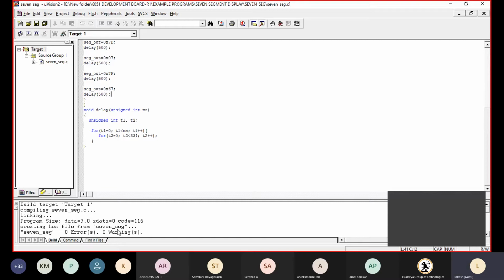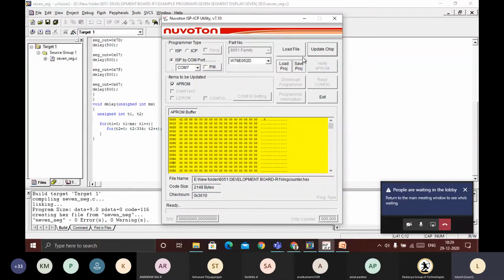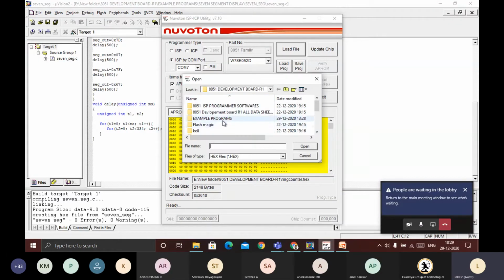I will compile this one. Then the hex file is created, and I will dump that program into my 8051 microcontroller by using the new ISP load file. Here we are using the 7-segment display.